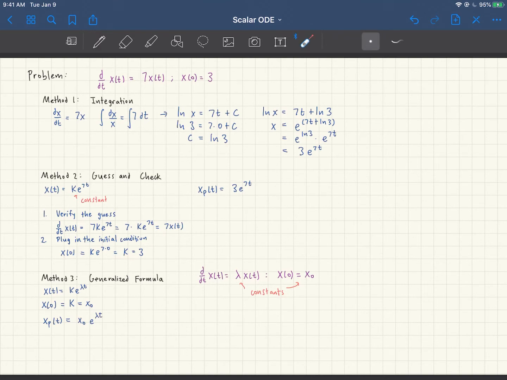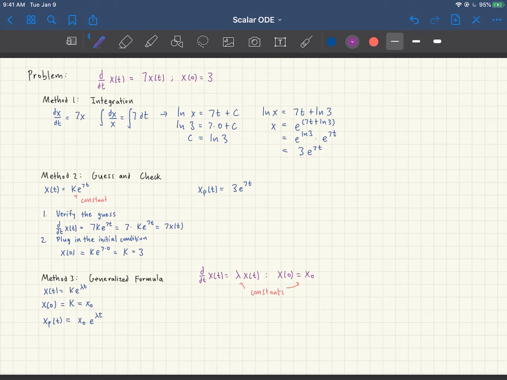We have now gone over 3 different ways to solve the same differential equation, the derivative of x of t is equal to 7x of t, with initial condition x of 0 equals 3. With integration, we used the fundamental ideas from calculus, where we write dx dt is equal to 7x of t. We separated the variables, took the integral on both sides, and then got to the direct solution of 3 e